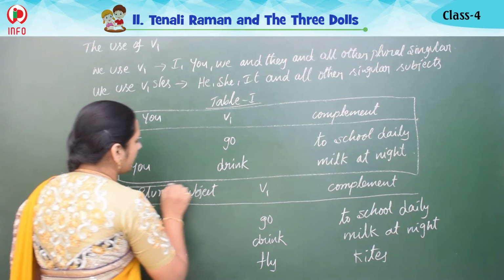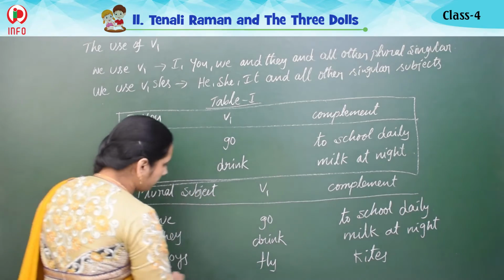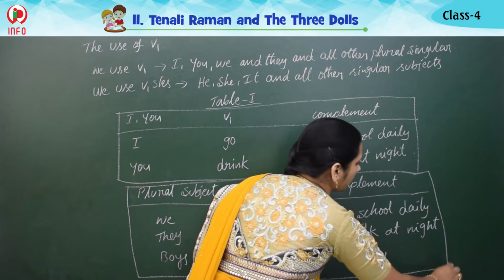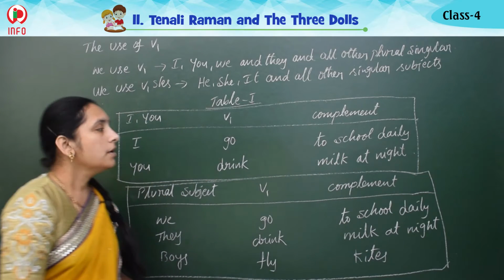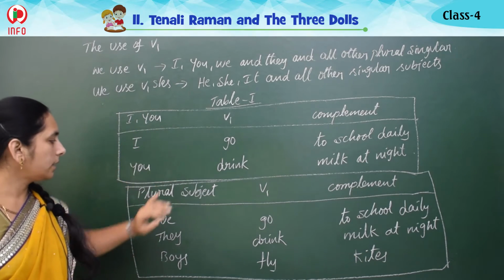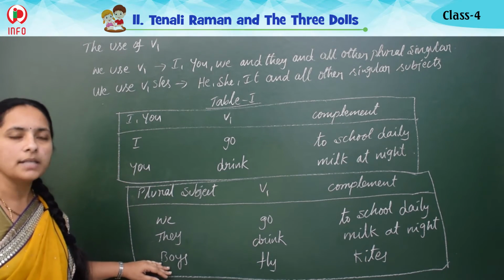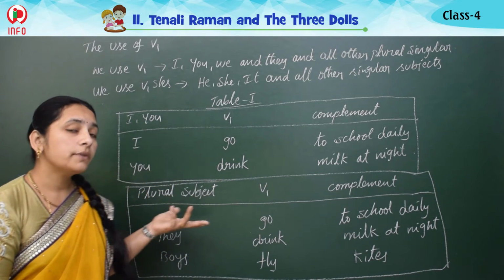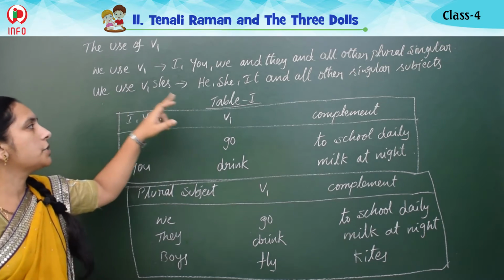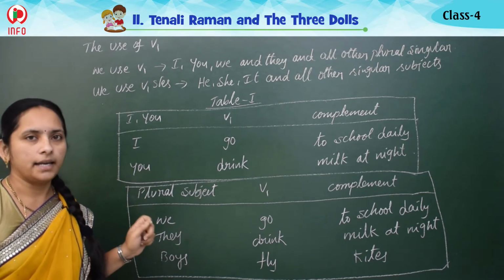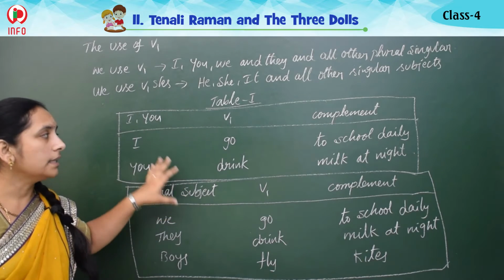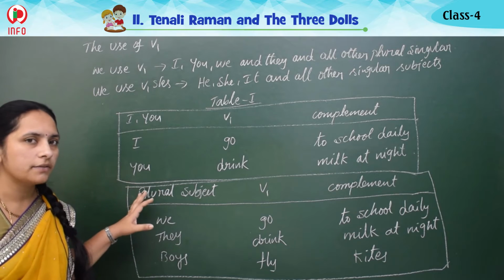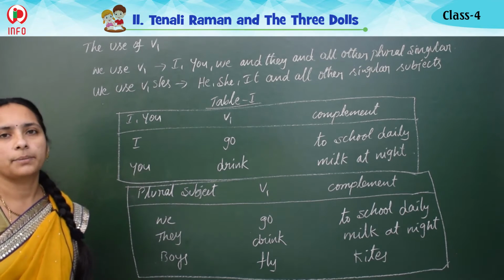So this is the second table. The V1 form of the verb only we get here. So V1 form only we should write for all these subjects: I, you, we, they and any other plural subject. So for which do we get V1 S/ES? He, she, it or any singular name. Okay, so let's see the third table and how we get it. Did you understand this one first? Okay, very good. Let's see the third table.